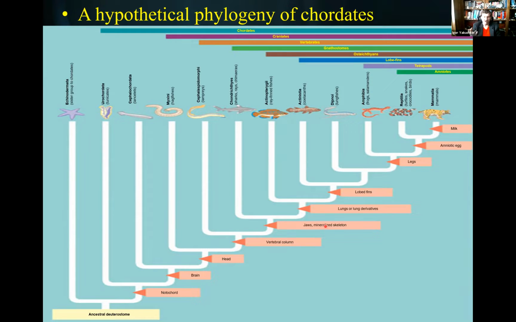Very, very important, because our ancestors are predators by nature. So in order to grab it and hold on and then digest it, you have to have jaws. It's one of the very important characteristics. And the lung derivatives. We'll talk about how a